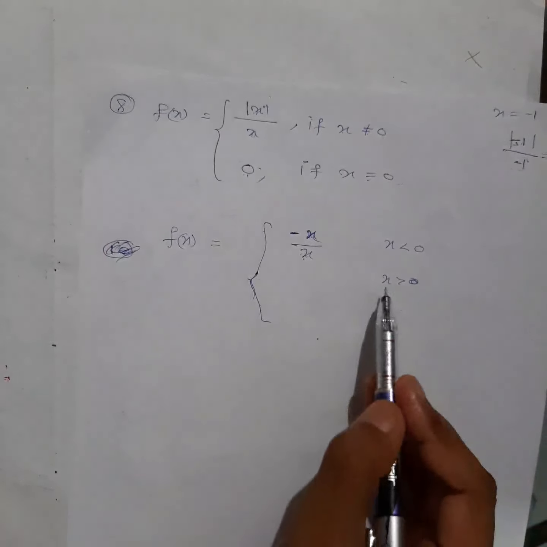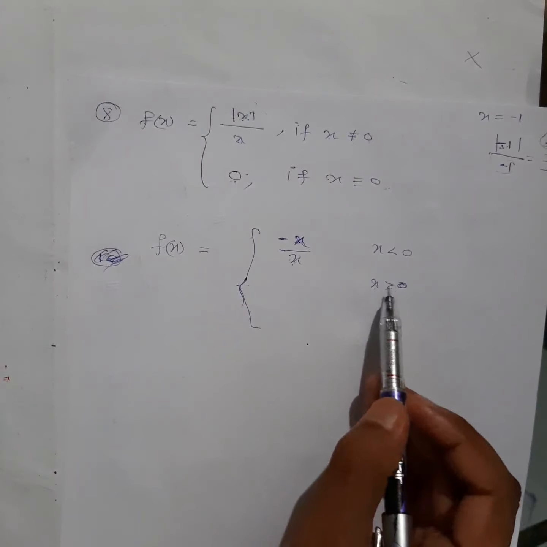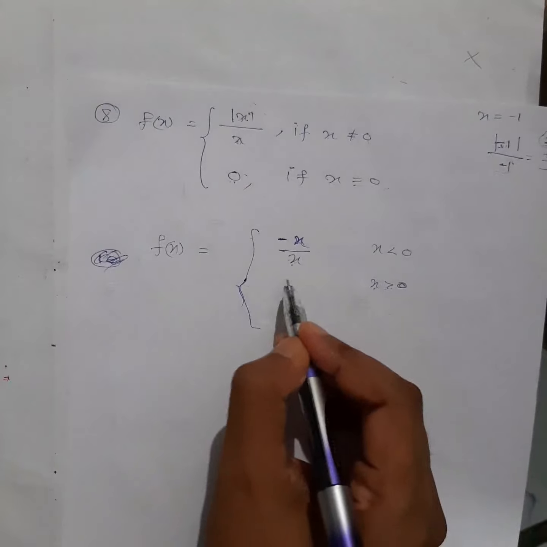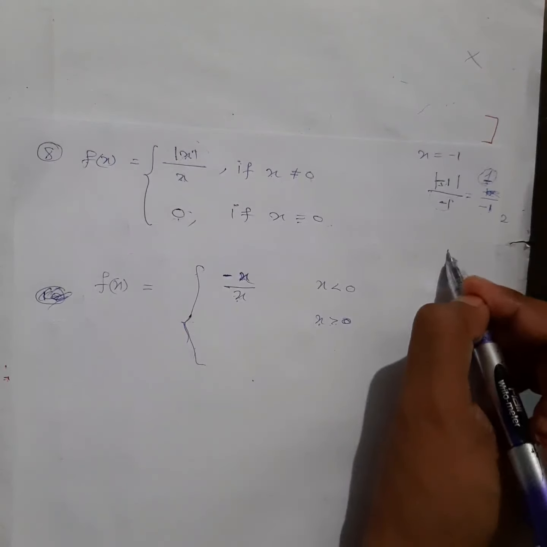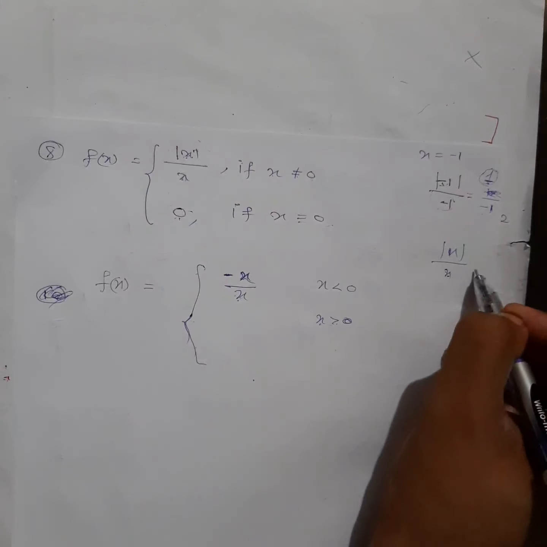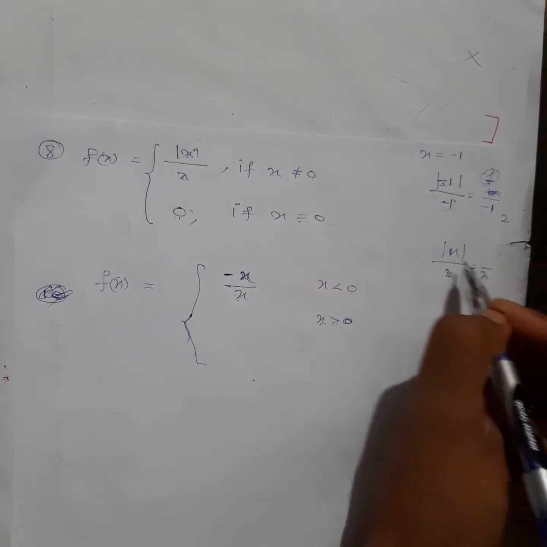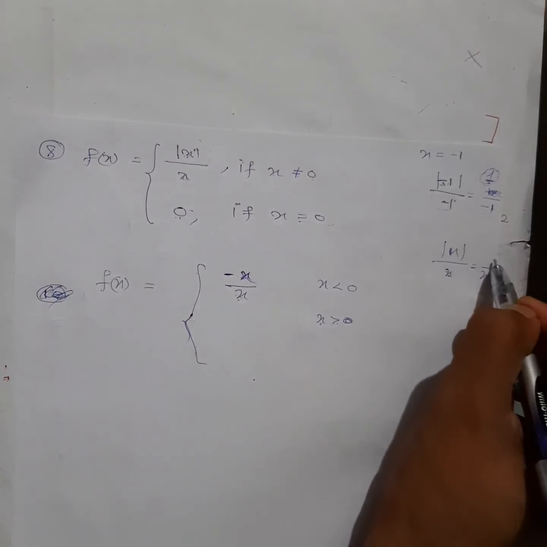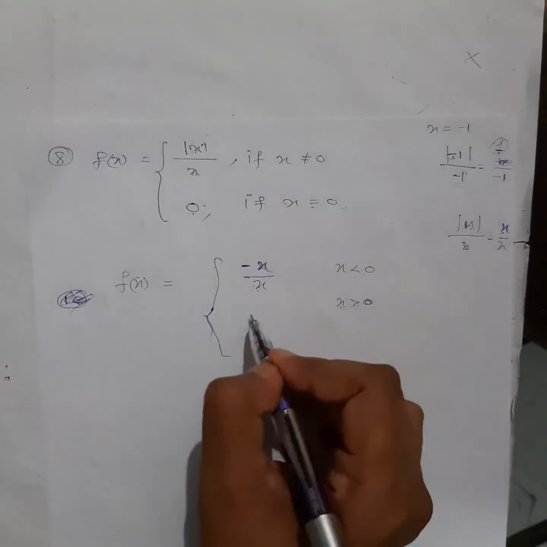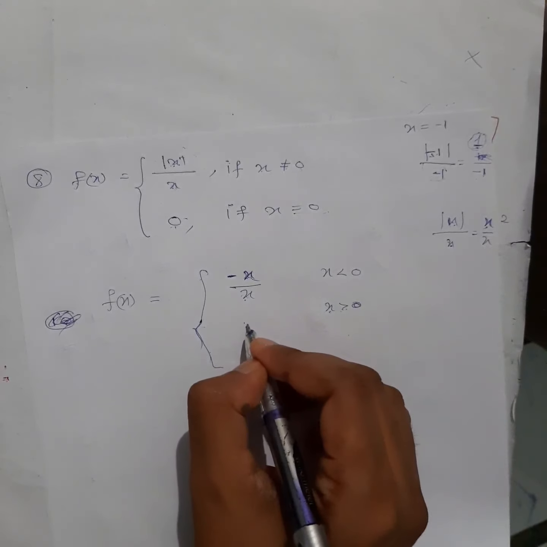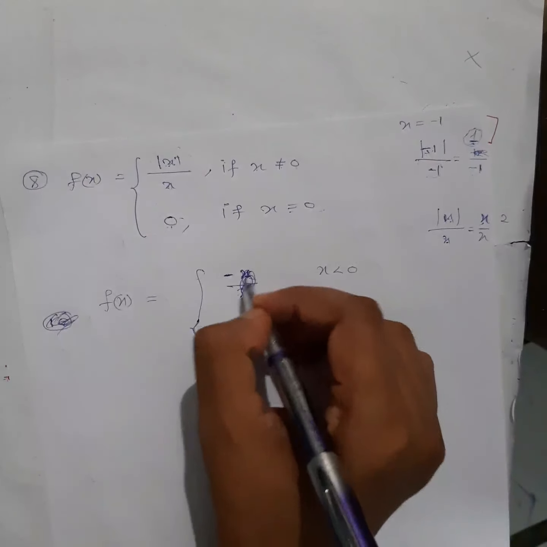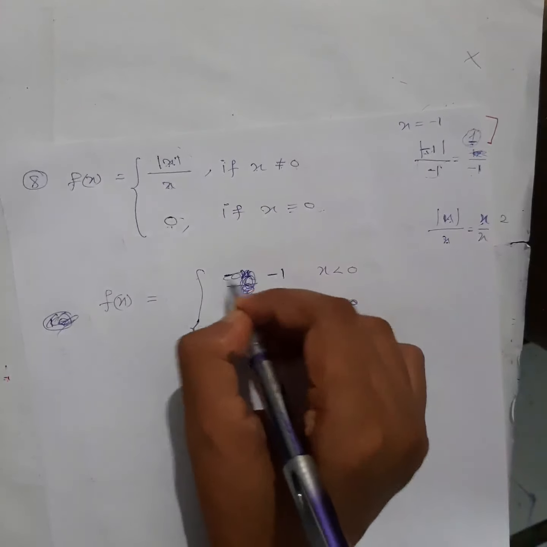I hope it's clear. Next, let's define this one. If you take x greater than 0, what will it be? Greater than 0 means positive value only, right? So x is positive, numerator also, denominator also positive. So whatever value you take, the same value will come out, x. Here also positive means what? The same value will come out. No opposite sign, right? So x only will come out. So what will it be? x by x, it will be 1. So this also x by x, it will be 1. So shall I write directly minus 1 instead of minus x by x?